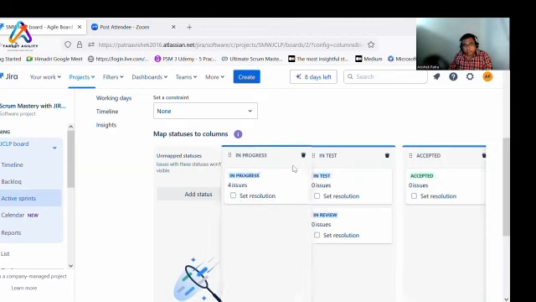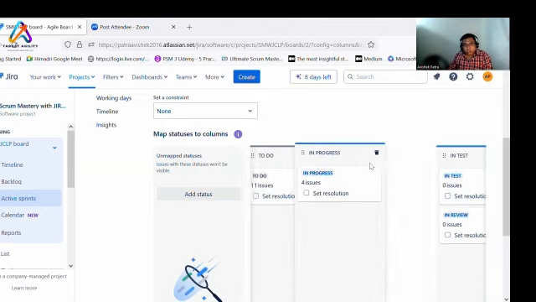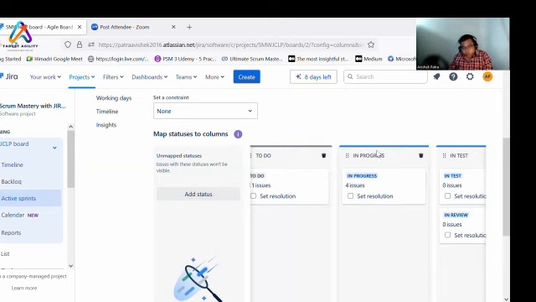If you see here, these are the columns. We can move the columns. When you hover over here, you will get a hand sign, and you can move the columns wherever you want. You can change the statuses. You can also edit your columns accordingly. Whether the project has started, the board has started, or the sprint has started, it doesn't matter. At any point of time, you can do that, right?